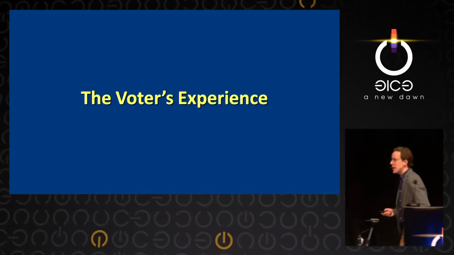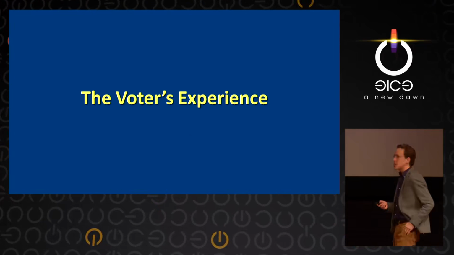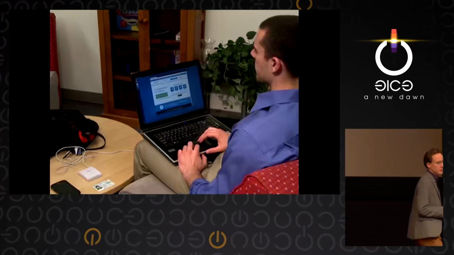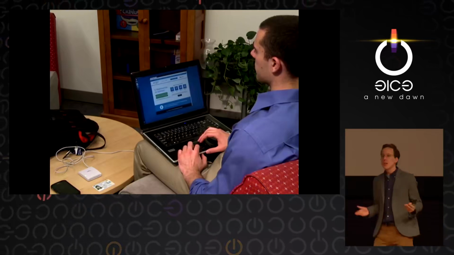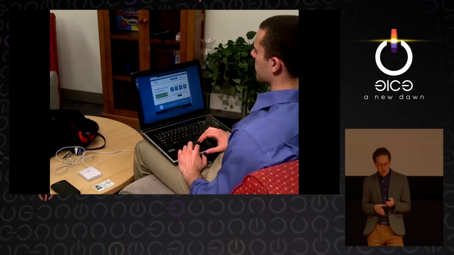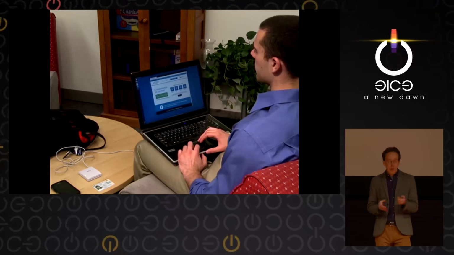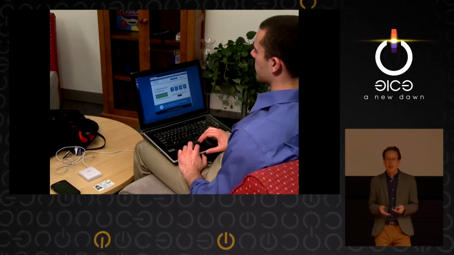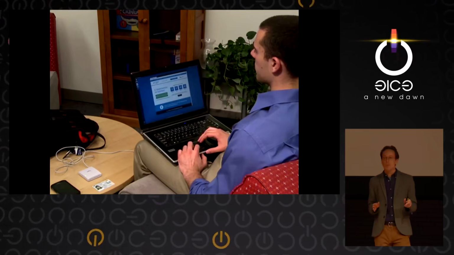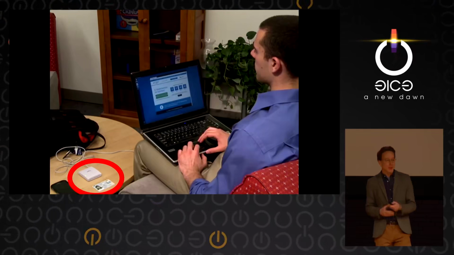So the next thing I want to show you is what the system looks like from the voter's perspective. If you're a voter in Estonia, you go to cast your vote. You have about a week to do this prior to the in-person election day, and you log in from your computer and download an application. There's only one thing in this picture that might look unusual to other people, and that's this.